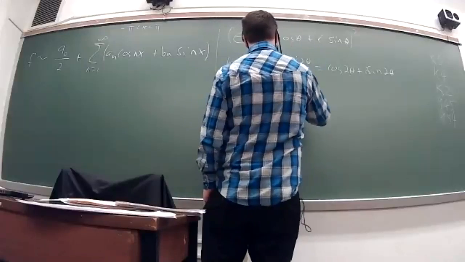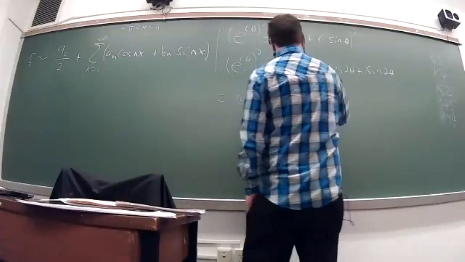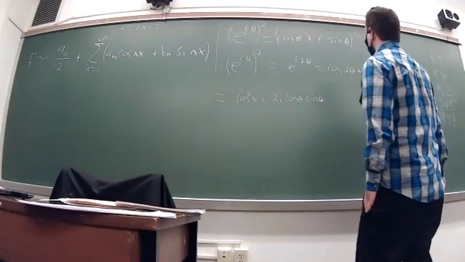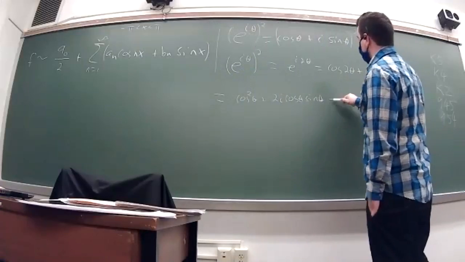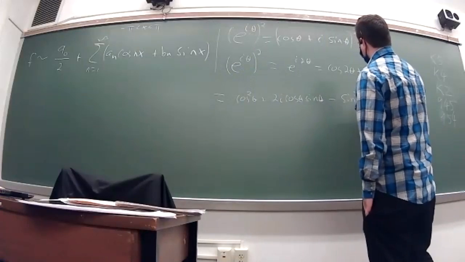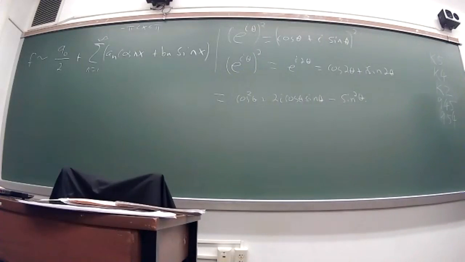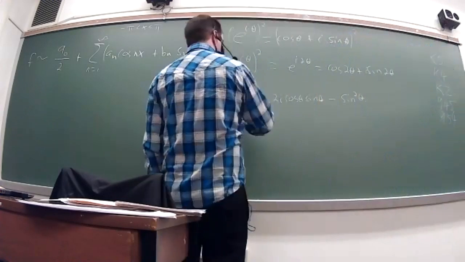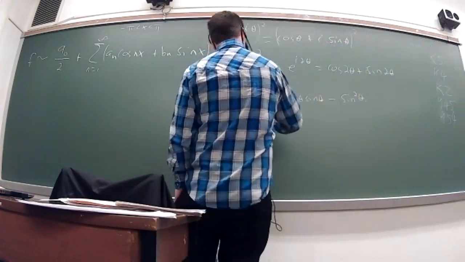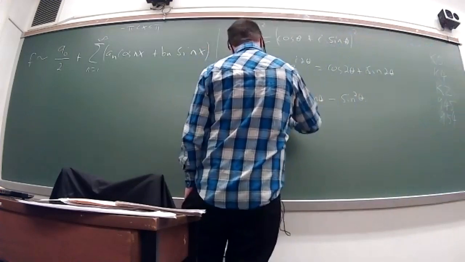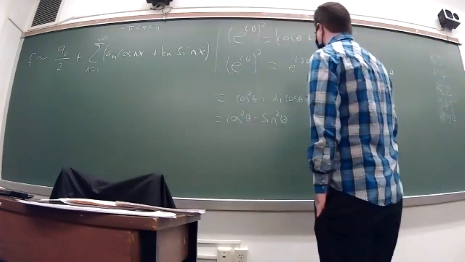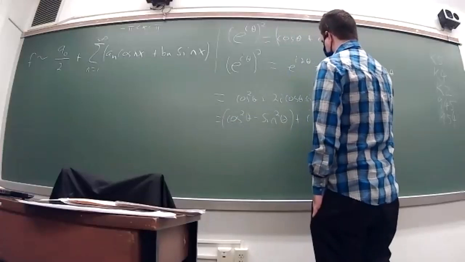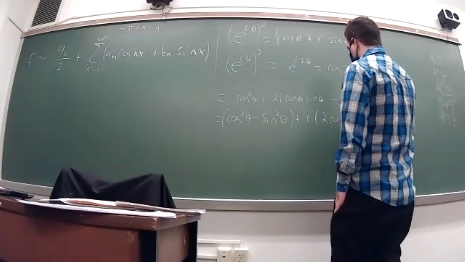Cosine squared theta, plus 2 times i times cosine theta sine theta, and then plus i squared sine squared theta, so it's minus sine squared theta. And so if you write this in the form of real part plus imaginary part, you get cosine squared theta minus sine squared theta plus i times 2 cosine theta